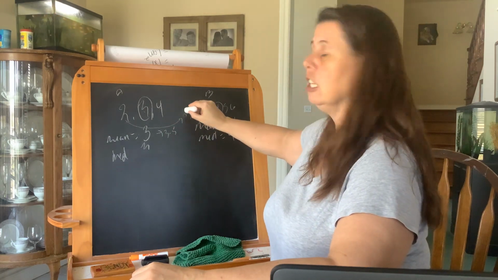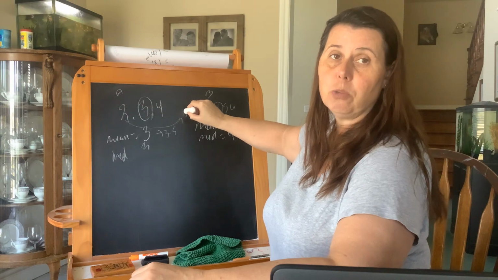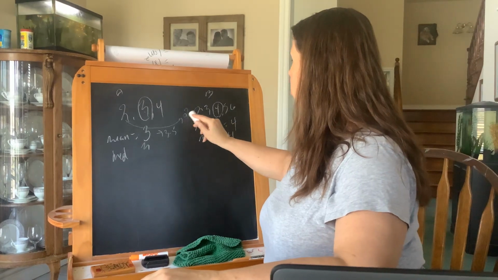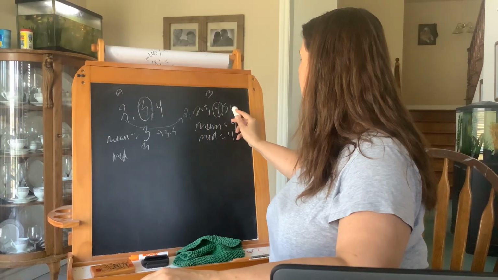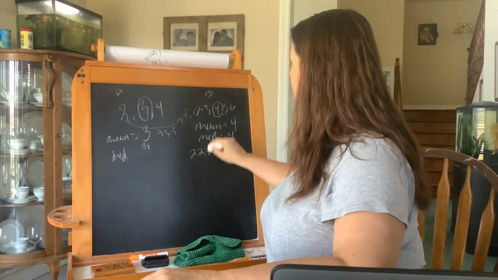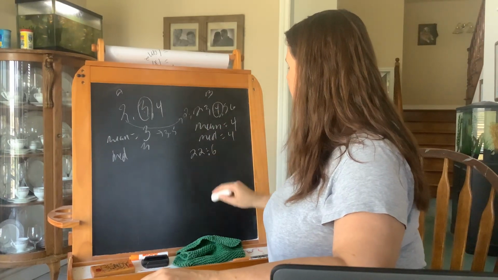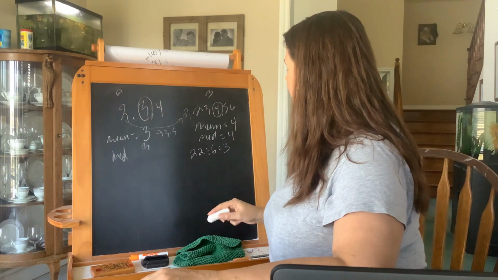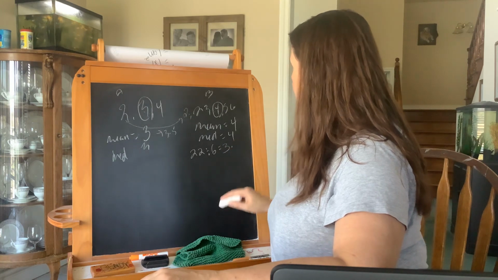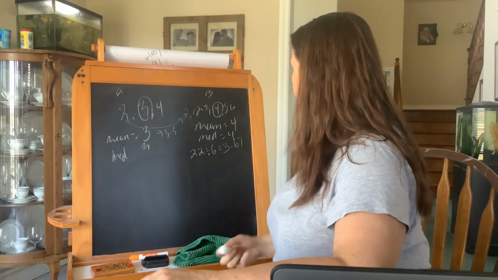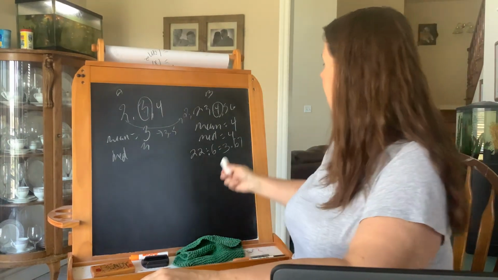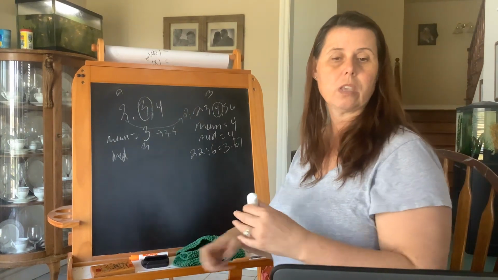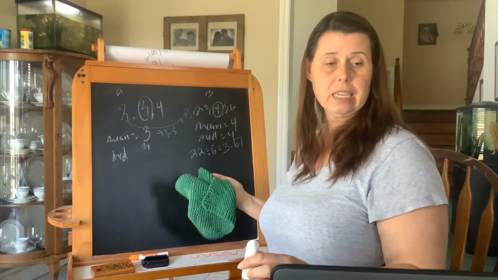Here, I added a low value piece of data, which means it's gonna drag the mean down. Right? So let's just do it just to make sure. 2 and 2 is 4, 7, 11, 16, 22, and 1, 2, 3, 4, 5, 6, divided by 6. Let's see, 3 gets me to 18, and then I've got 4 left, which is 2/3, so it's 3.67. Okay? So my mean came down because I added a low value piece of data. Okay, so that was part B. Part C,